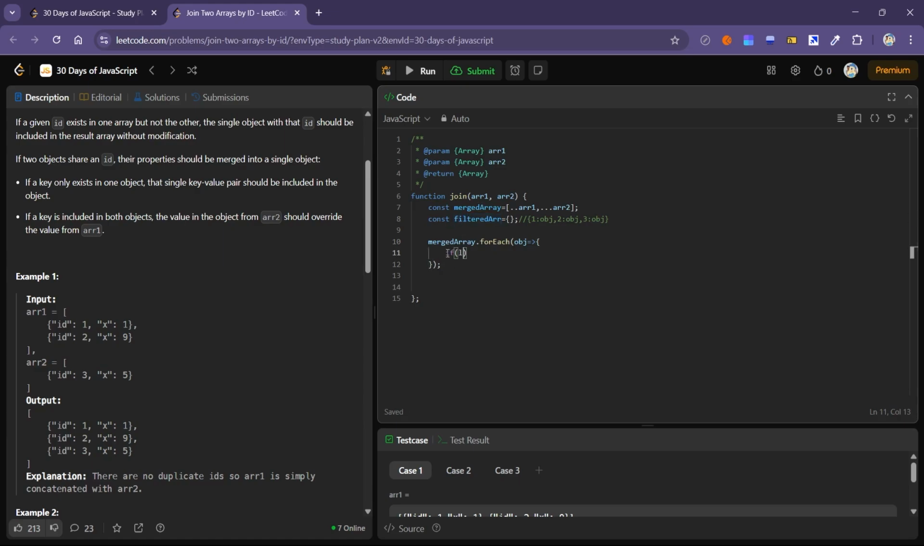If this filtered array contains object.id equal to undefined, which means we have not set this key inside the filtered array, then we will set object.id equal to this object. Else, which means that at this particular id there is already an object associated with it, then we will override the properties at this id